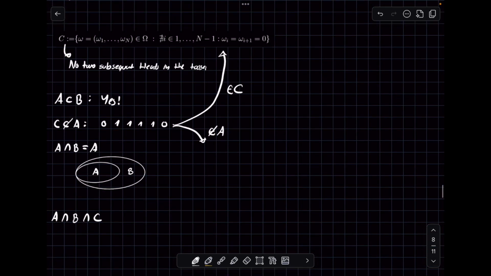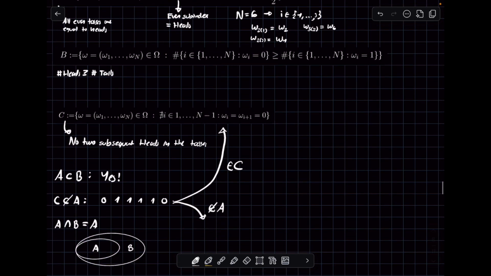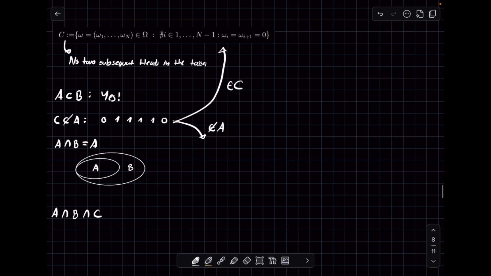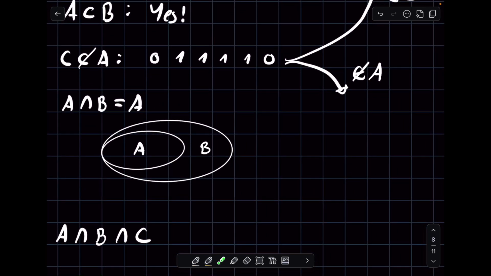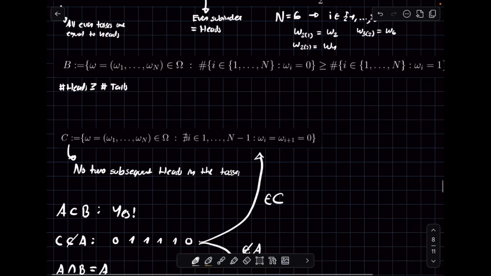We want a case where all even tosses are equal to heads, right? And because we know for a fact that A intersecting B is A, we can just rewrite it as A intersection C. Is there an intersection? Although C is not a subset of A, there's still some sharing of similarities in the sense